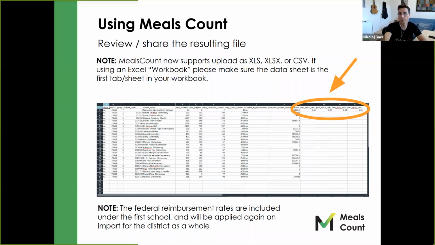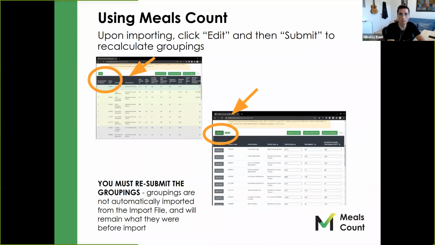Now there's going to be the free paid rate, lunch rate, and breakfast rate. That will be saved if you customize it on the website. You just need to keep those in there for the first row, and that will make sure that if you reload that same spreadsheet, the rate is sticky and stays there, so you're seeing the same number as you go forward. So just make sure to keep that in there and don't change that. And then again, you can just edit and resubmit.